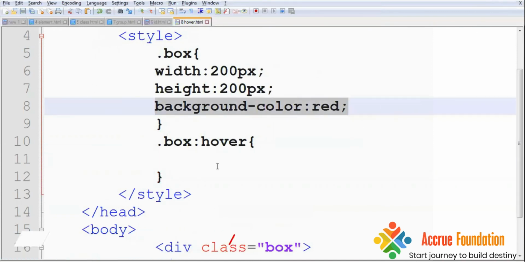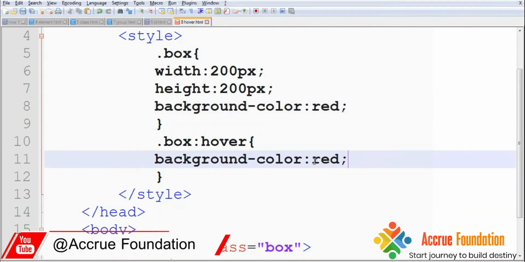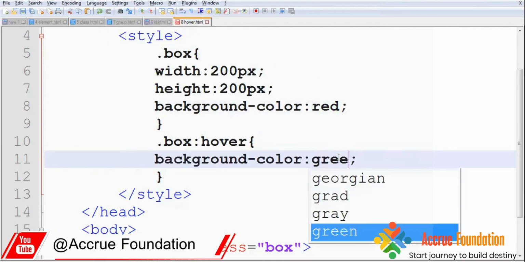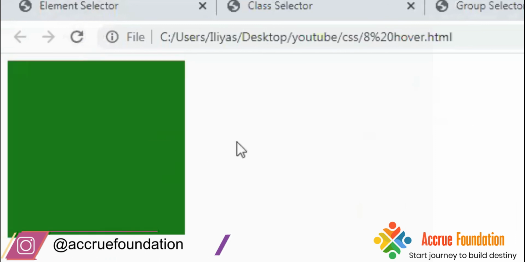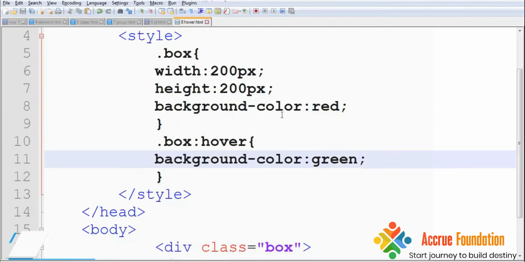I want to change the property of the color. Here I'm giving it. Now you can see I'm refreshing. See the difference. When I take my mouse to this particular area, it is changing. So you can use any properties here.